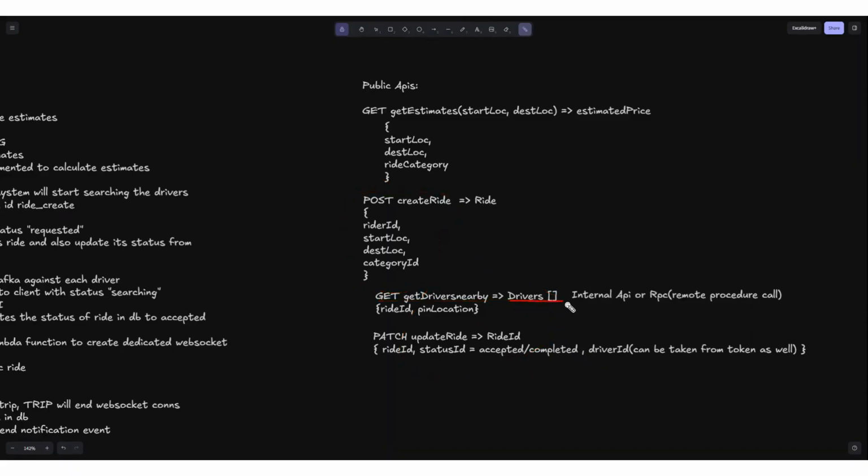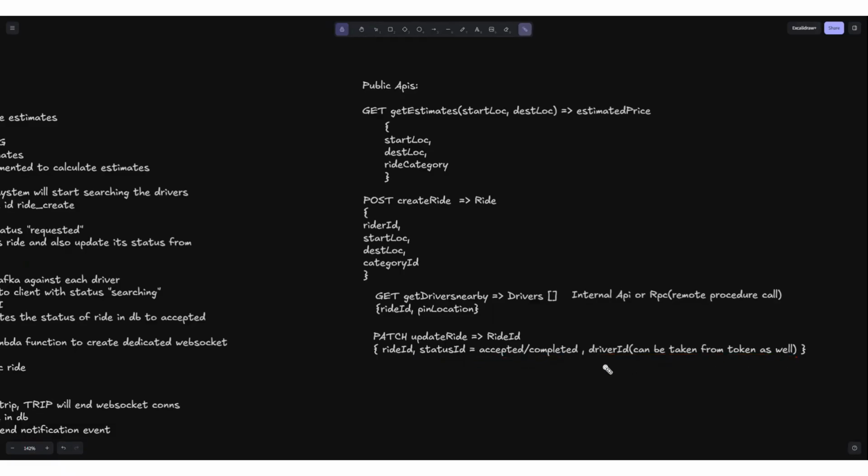But still, I'm using the REST structure here. Okay, we have another one after get drivers nearby, and that is the update. This will also be an internal remote procedure call, used when we update the status of the ride in the database. Whatever the ride ID will be, the status of the ride will be updated, whether it is accepted, completed, or whatever.